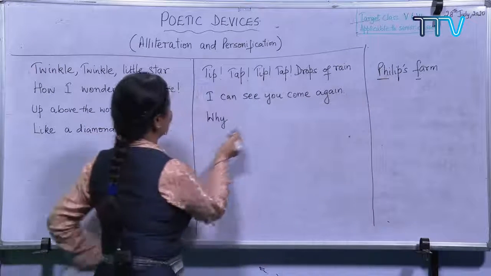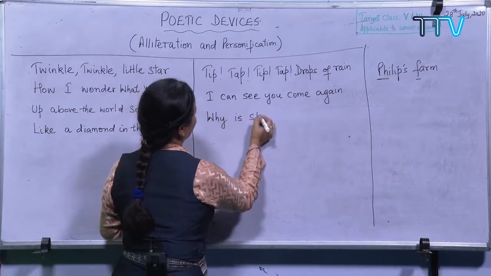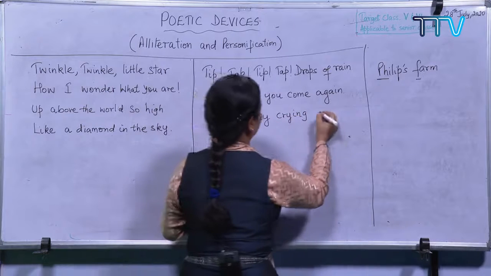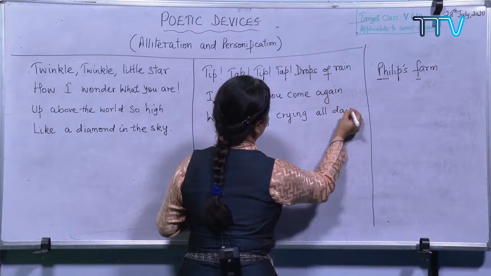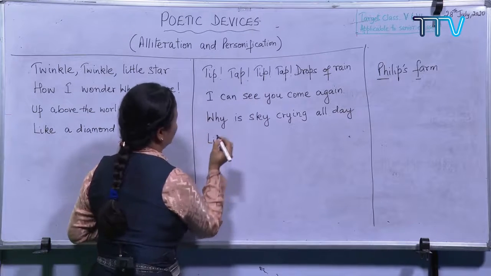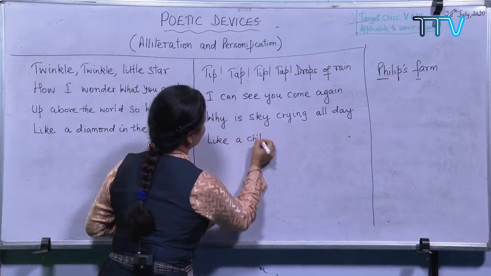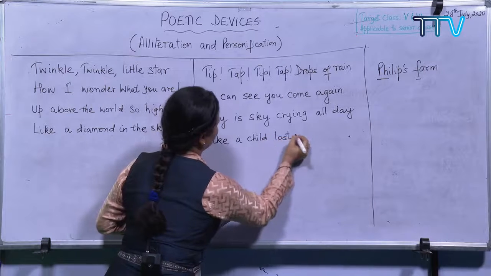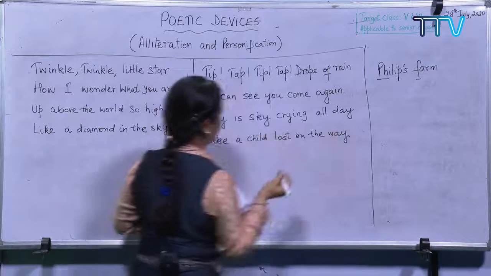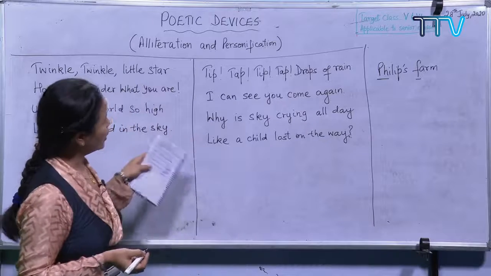Okay, so 31 minutes. Why is sky crying all day like a child lost on the way? Okay, so I need to put a question mark. Why is sky crying all day like a child